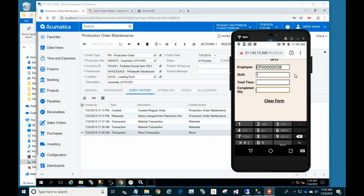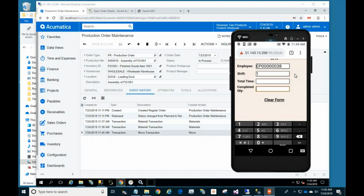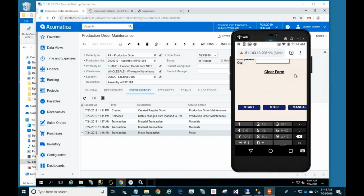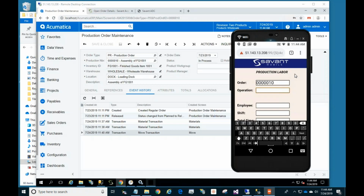Now it's going to come up here with some defaults. It can default your employee number based on your login, or you can come in here and override that with somebody else's employee number, depending on how you have the configuration set up on the Acumatica side. So it's telling me my employee number, shift 1. Now I have an option here where I can enter the quantity completed, and I can enter a total time, or I can come in here and just hit the start button. If I hit the start button, it's basically going to start the clock, telling me we're going now for this particular user. So that's one option. The other option is I can just put a manual number of minutes that were used in the production process. So let's go ahead and go back here, operation 10,